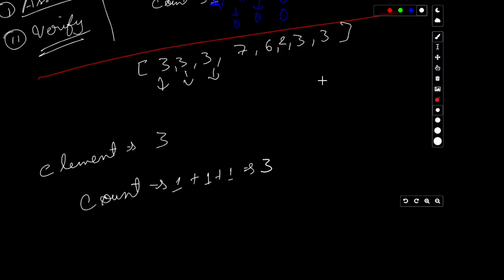We are not directly taking this element as the majority element. We will first see if count is 0. When count is 0, then only will we change our majority element. So now we will subtract, because 7 is coming, we'll subtract 1 and it will become 2. Then 6 is coming, so we'll subtract 1 again and it will become 1, and when 2 comes, we'll subtract again and it will become 0. So when this happens, we are again at the condition where we will have to change our majority